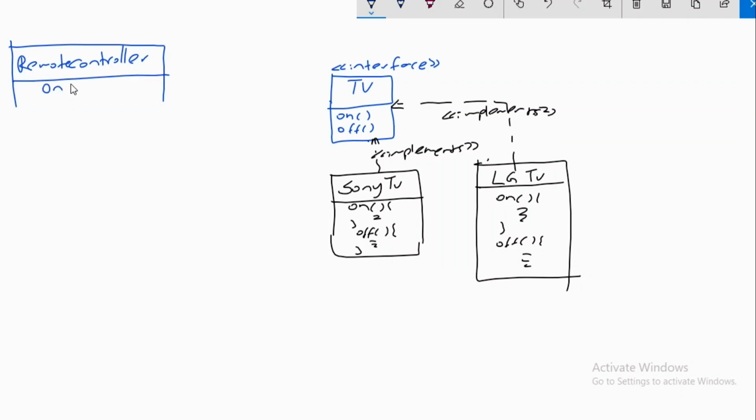Let's say you have the same two operations to declare within this interface.